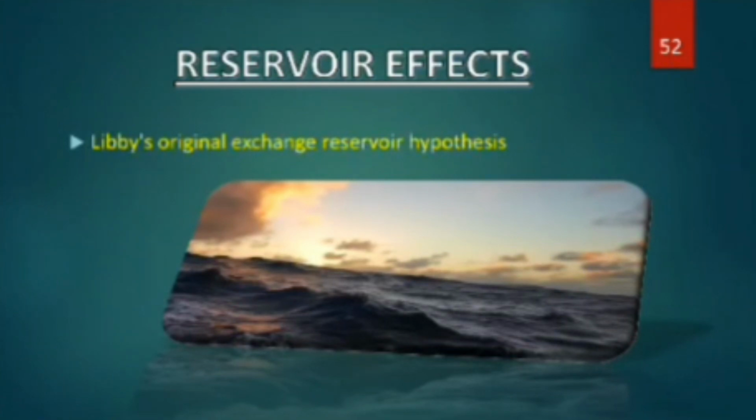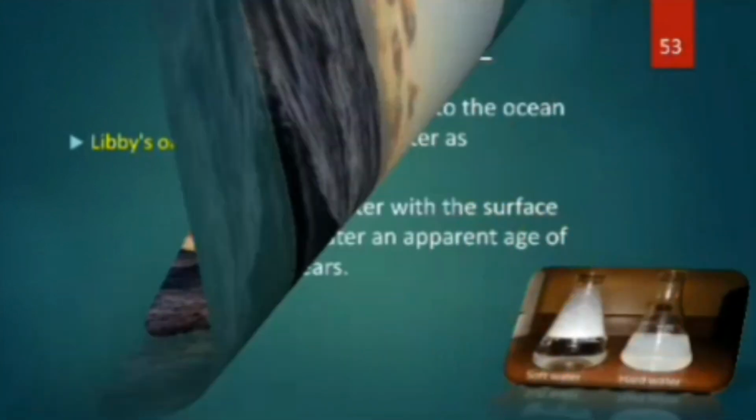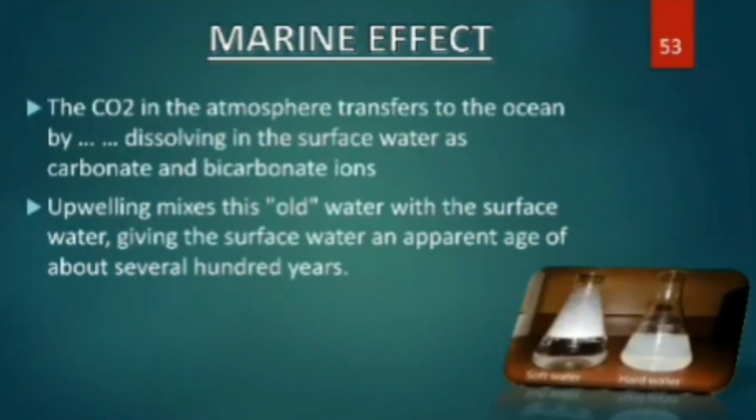And then next is marine effects. The carbon dioxide in the atmosphere is transferred to the ocean, dissolving in the surface as carbonate and bicarbonate. We already know that. At the same time, the carbonate ions in the water are returning into the air as carbon dioxide. This exchange process brings radiocarbon from the atmosphere into the surface water of the ocean, but radiocarbon thus introduced